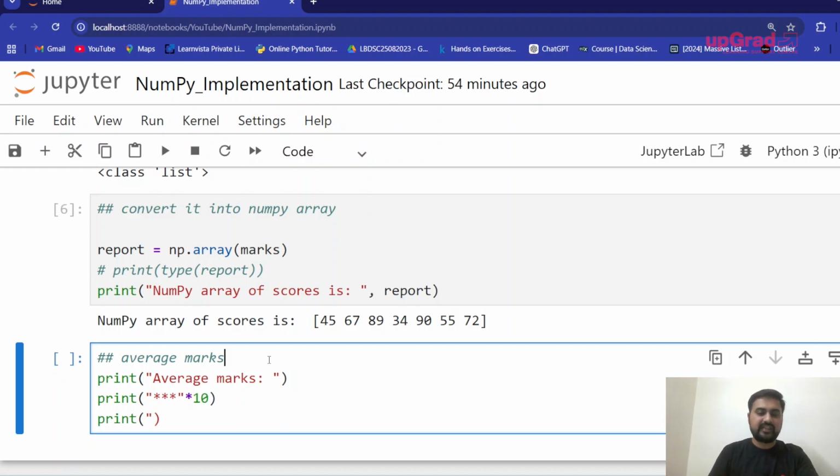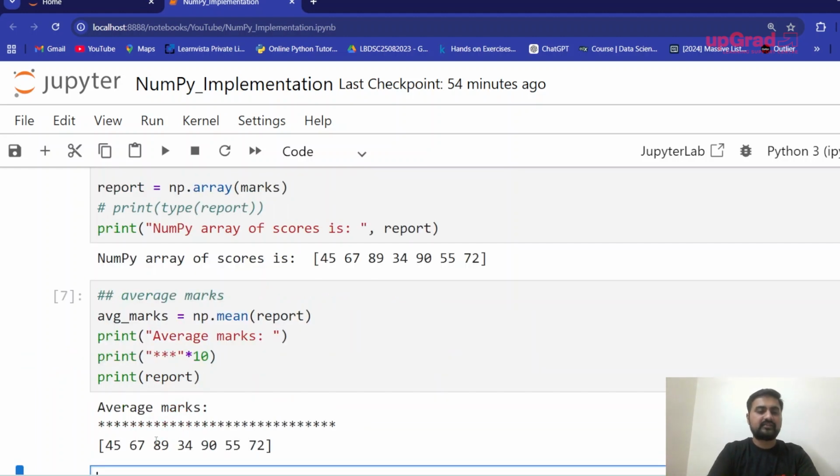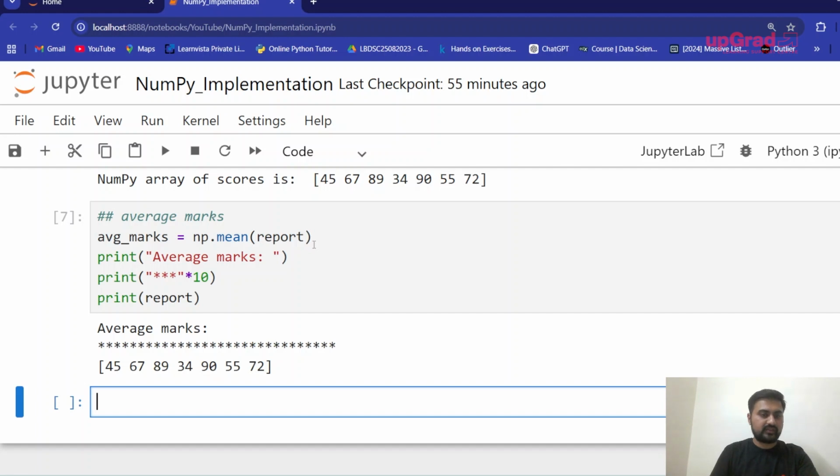Yes, you know there is a variable, so I'll create average_marks as a variable and here I want to save the mean of report. So np.mean, there is a mean function in NumPy. मैंने पहले भी कहा था कि भाई जब आपकी इम्प्लीमेंटेशन की बारी आएगी you will be able to understand कि there are multiple methods, multiple functions in NumPy. सो हम क्या करेंगे, इसका मीन निकालेंगे. Now I just have to give the array here, and I have given the array, and I want to print the average marks. So report. So what I will write? Yes. So now you have average marks of the report.